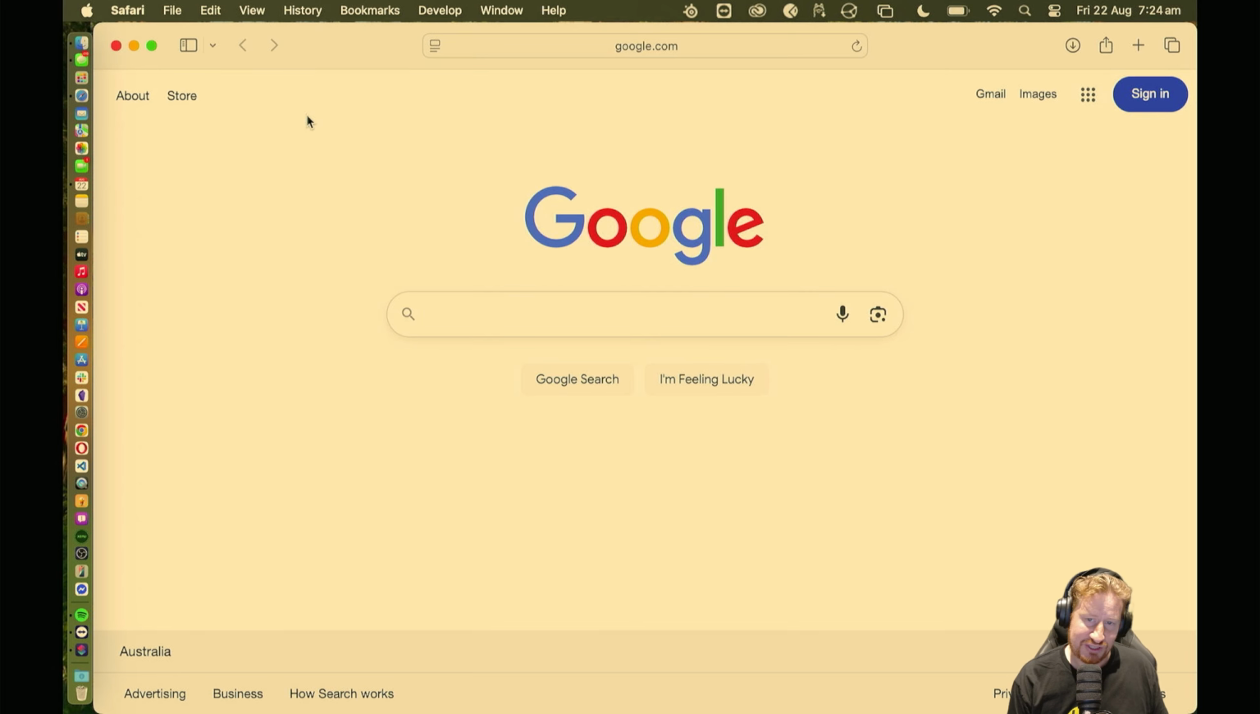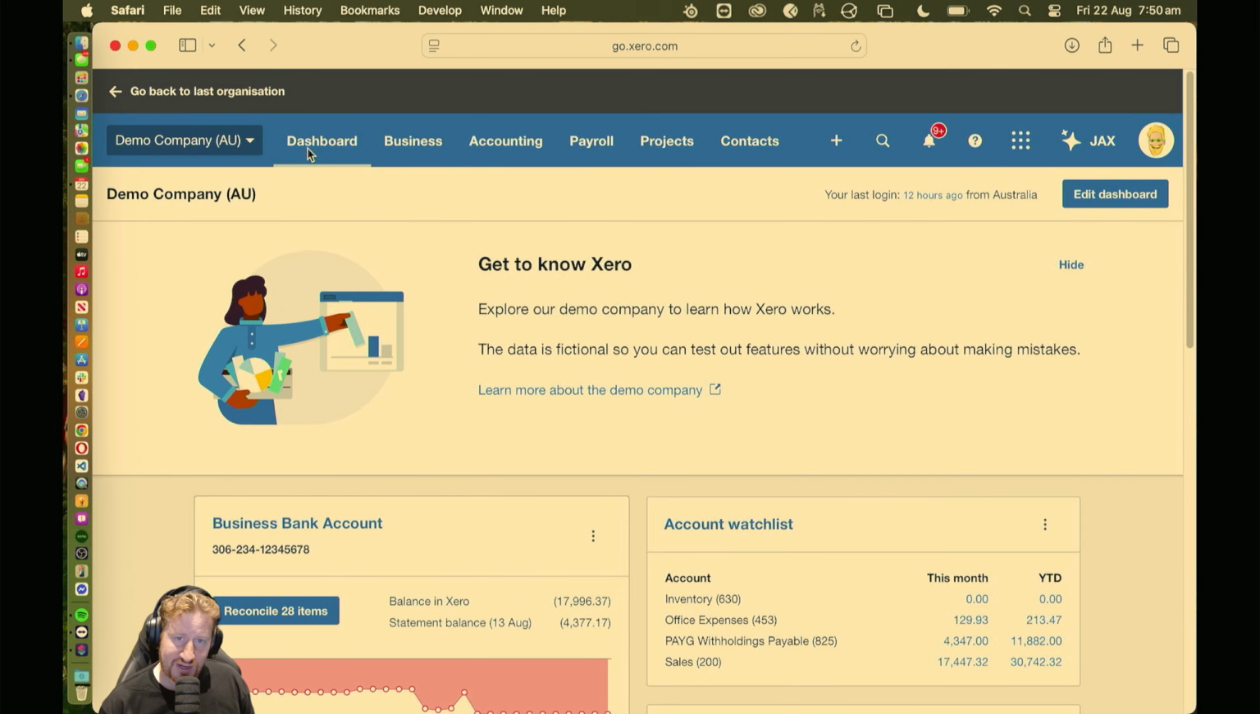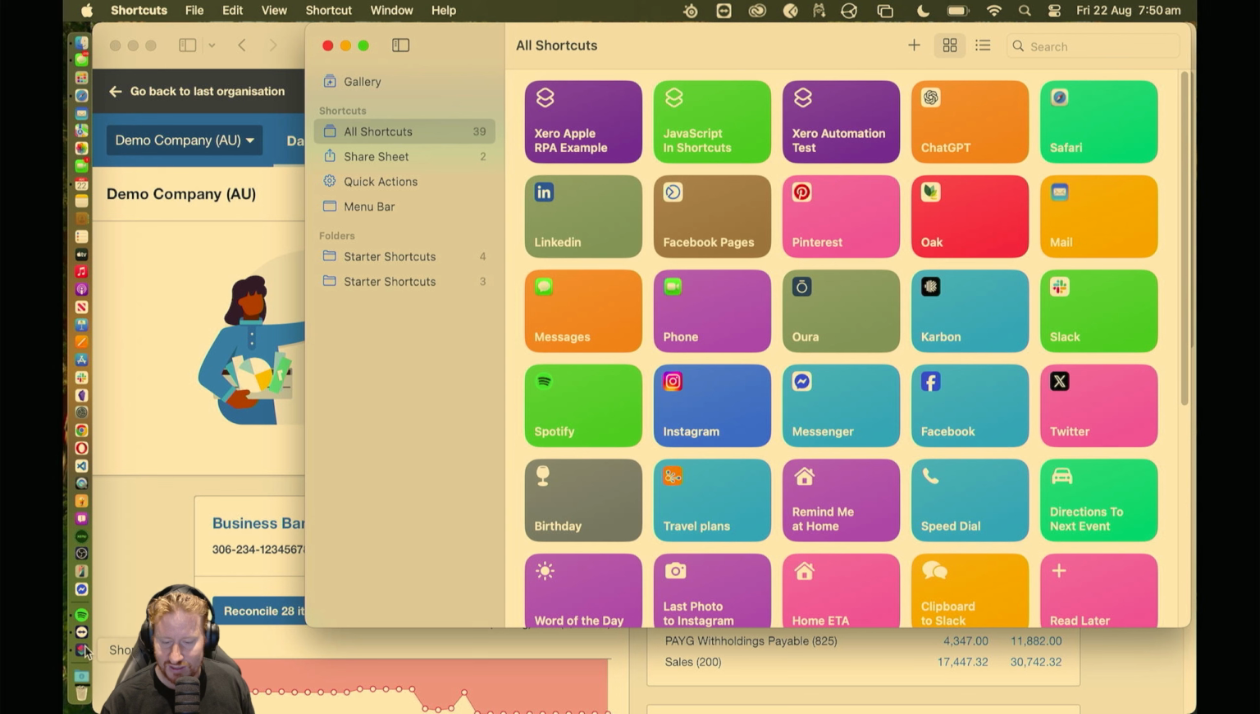The next thing that we're going to need to do is sign into Xero. So you should be able to see on my screen now, we are logged into Xero and we're sitting on the dashboard, or the soon to be known as homepage of the Xero demo organization. Now you should be able to run this shortcut on other Xero organizations as well, provided that you start with the dashboard page. So what I'm going to do now is we'll open up shortcuts,